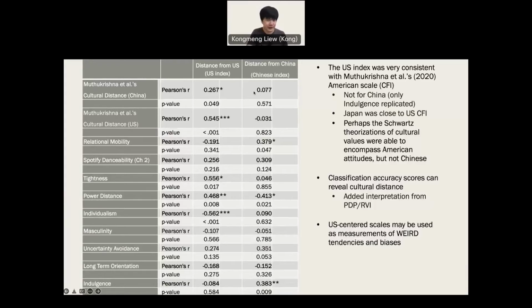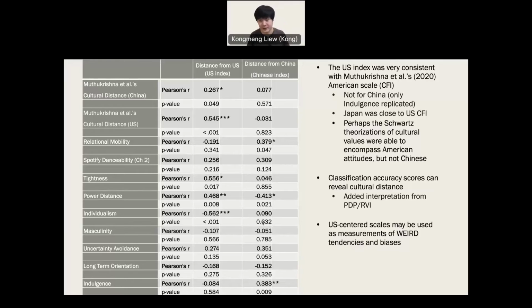Very interestingly, China did not replicate, almost like nothing replicated. And I think this could be because, as I mentioned earlier in the introduction, a lot of these theories tend to be very westernized. They tend to embody Western ways of thinking about culture. And so maybe Schwartz's cultural values, his data sets, might be more skewed towards representing the Western ideal and might not be able to get this whole Chinese idea of culture. Again, this is not something I've looked into in a lot of detail. It's still a work in progress on my end.